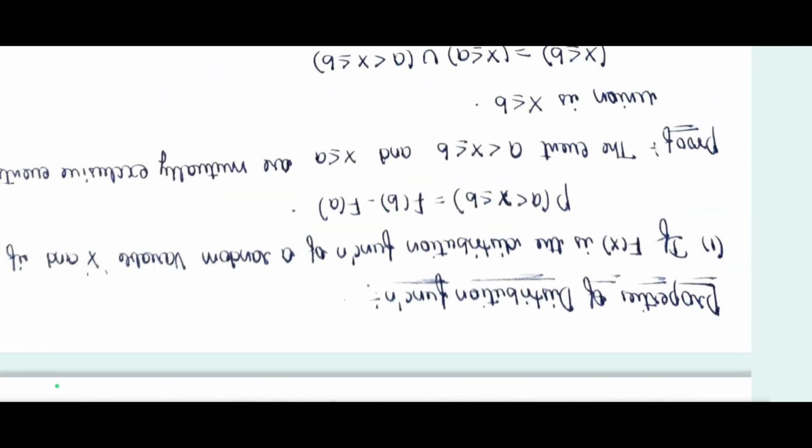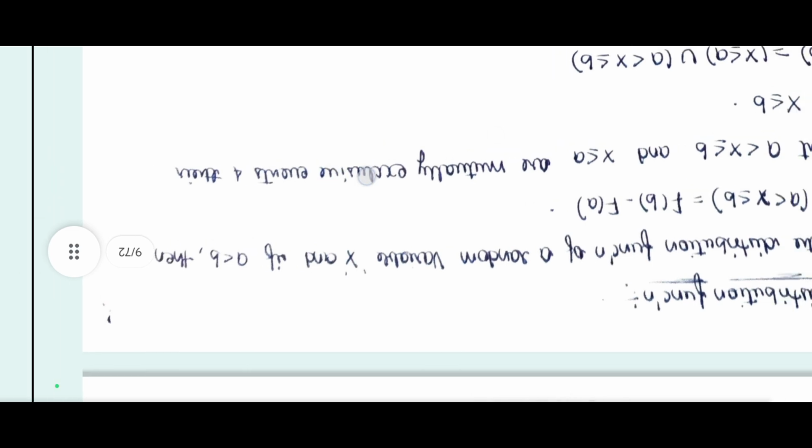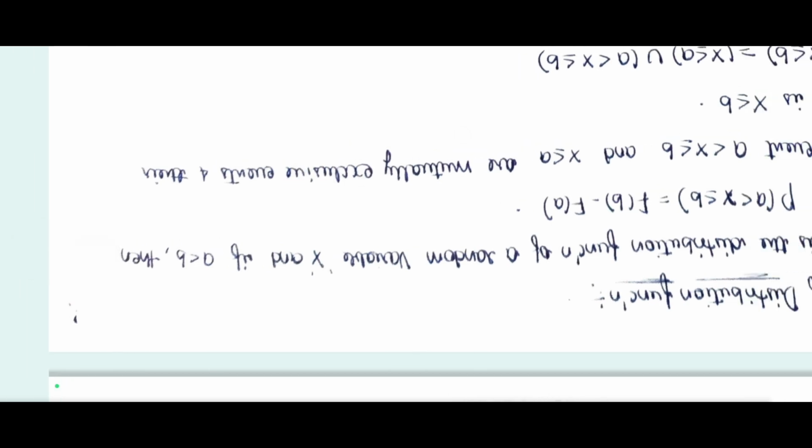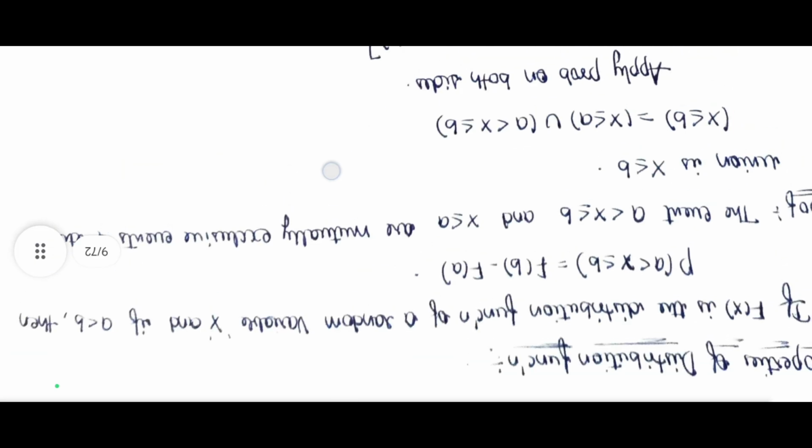Properties of the distribution function, these are very important. F of x is the distribution function of a random variable X. If a is less than b, then P of a less than X less than or equal to b is F of b minus F of a. Proof of this: